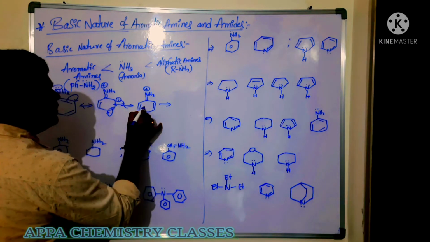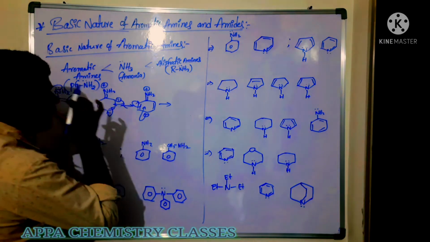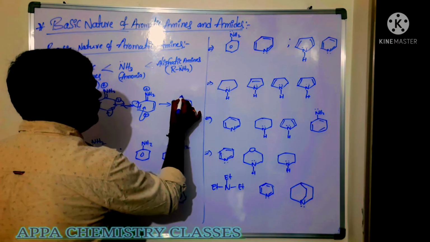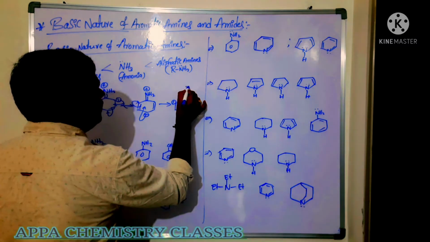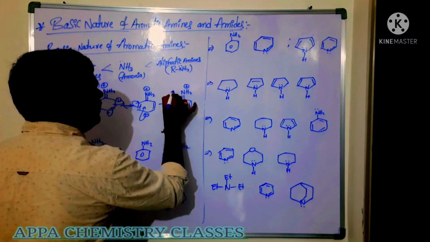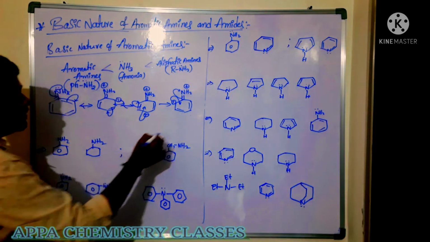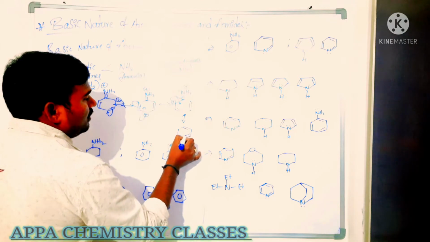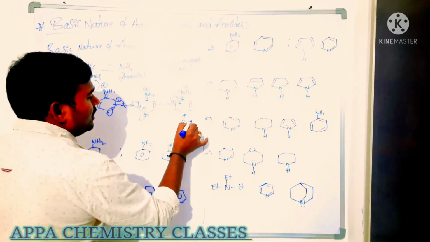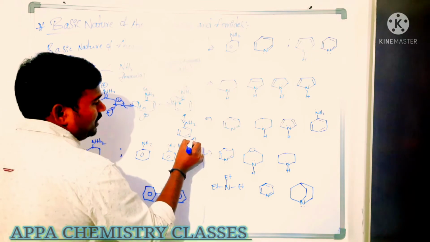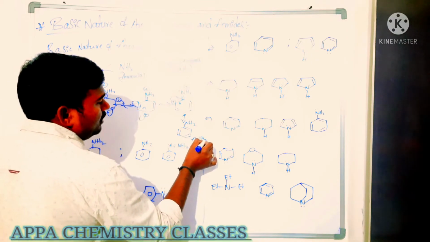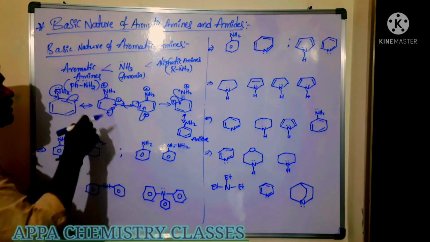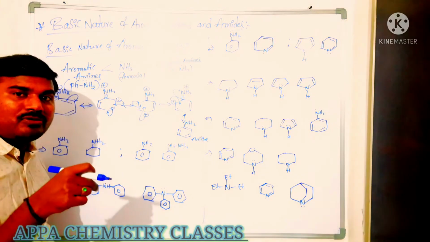Again this negative charge will be shifted here, this pi bond is shifted here. Then we are going to get here negative charge, double bond, double bond NH2 plus. So this negative charge will come here, and this pi bond is again shifted to the nitrogen. So again we are getting aniline. That is, if the NH2 group is directly bonded to the benzene ring, then it is commonly called aniline, IUPAC name aminobenzene.